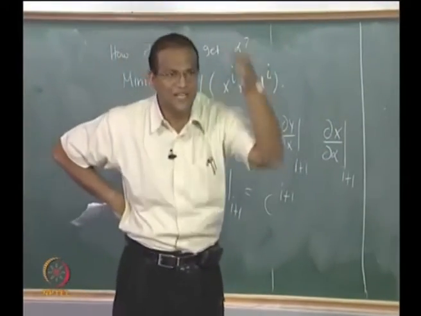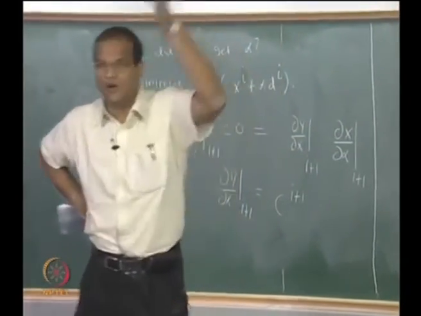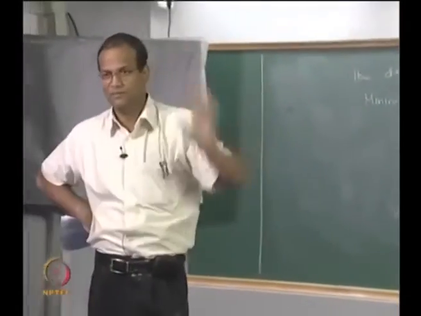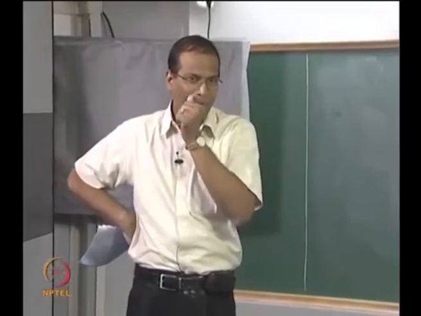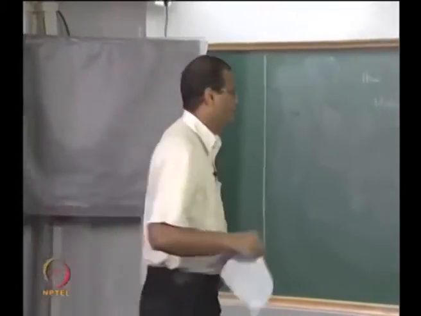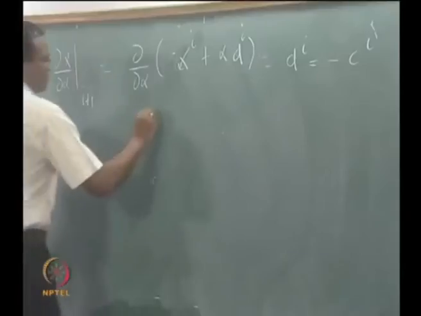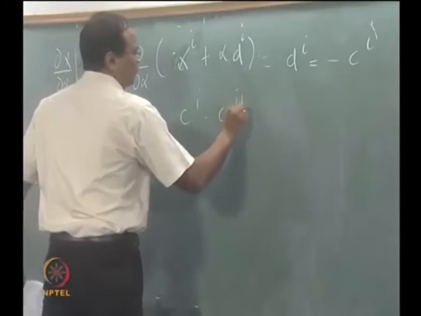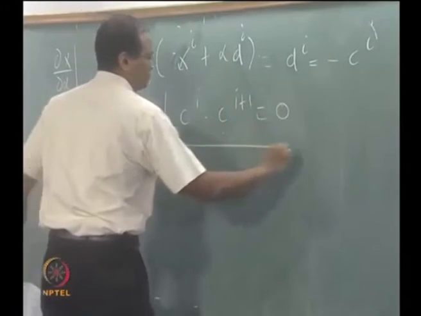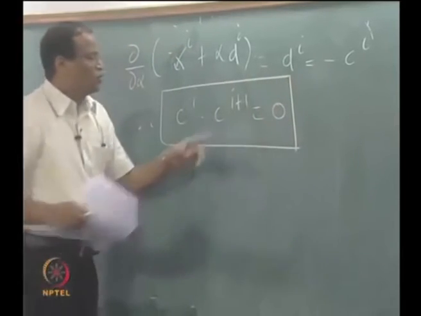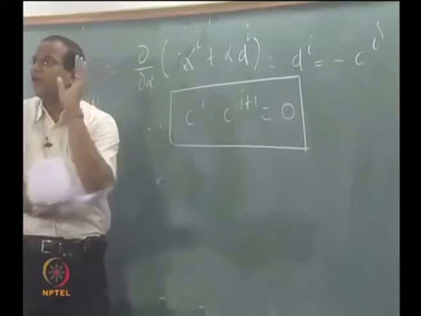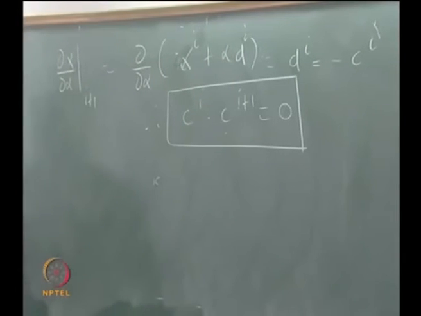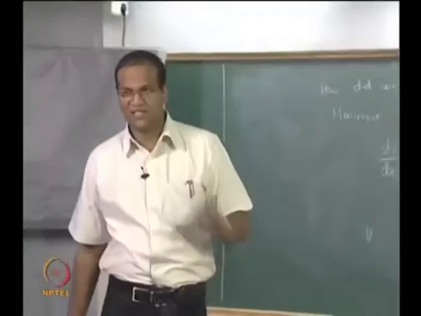Therefore at the I plus 1th iteration the direction of movement is orthogonal to the previous direction, QED. Okay, proved, fine. So the new direction of movement is orthogonal, perpendicular to the old direction of movement. So there is steepest descent.